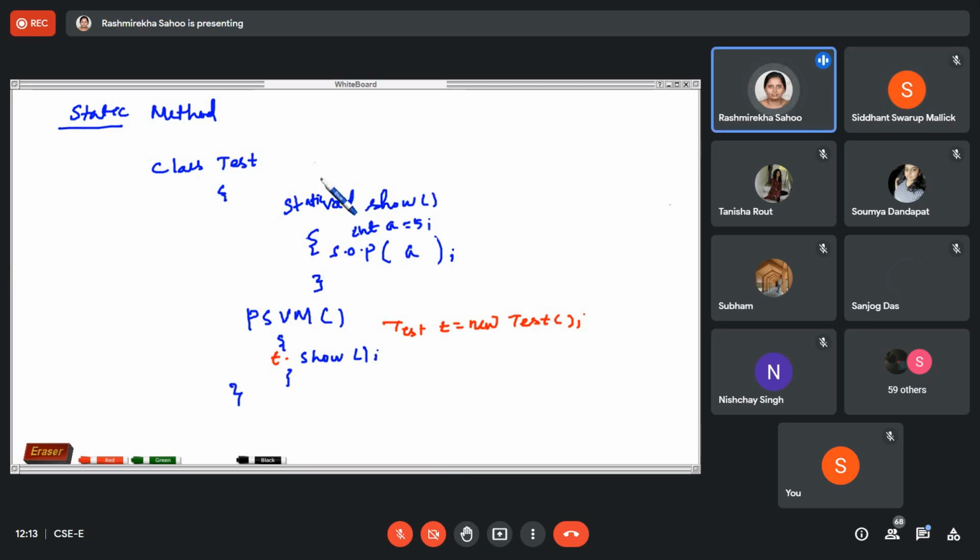Okay. So now you write here int b and give some value, and you just print here the b value. In place of a, just print b.